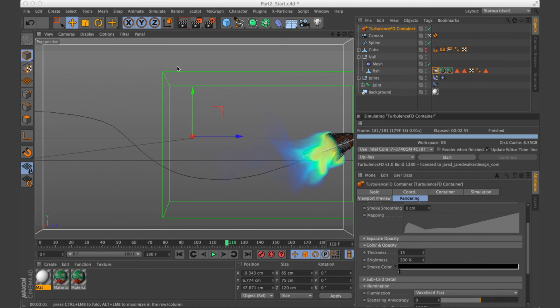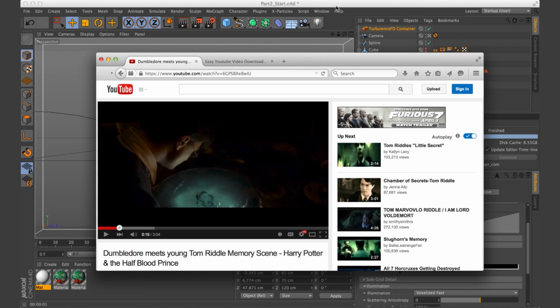I did want to show you one more thing before we're done. I know last time I showed you a couple of examples of how other people use this kind of effect, and they were really cool and everything. But you could definitely take it even further. And let me show you an example just to get your wheels spinning, just to get you thinking of some other ideas of what you could do.